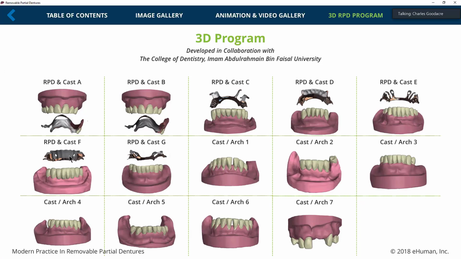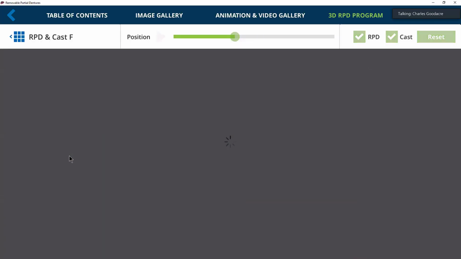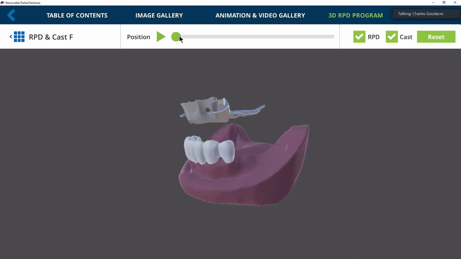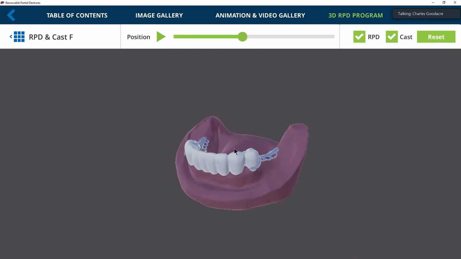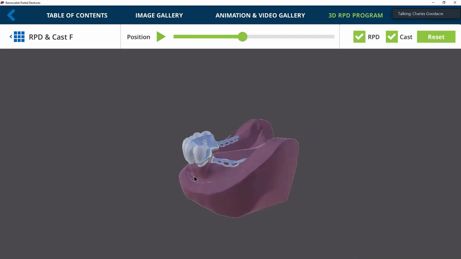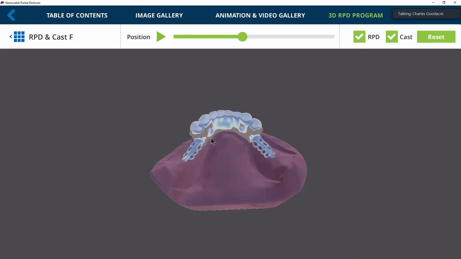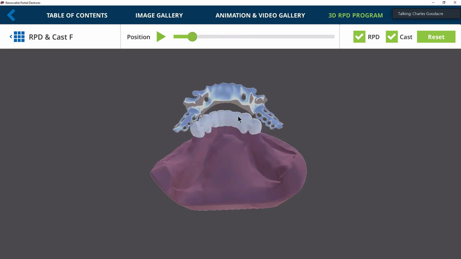And then there's another one here you can see that actually goes on, and it has a design that would be very much different. There's a plate in here, so you can start talking about the distance from, later on in the course, you could talk about the distance between the marginal gingiva and the floor of the mouth, how much space you